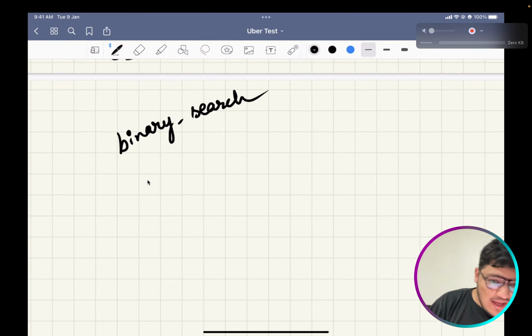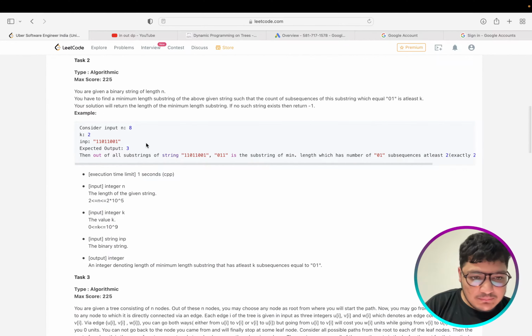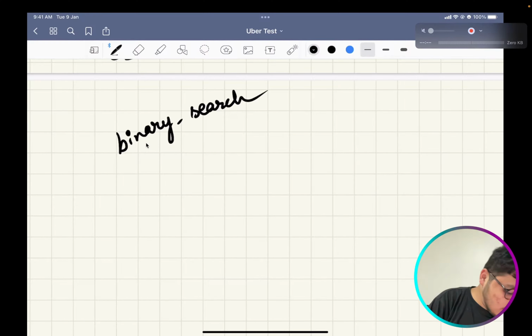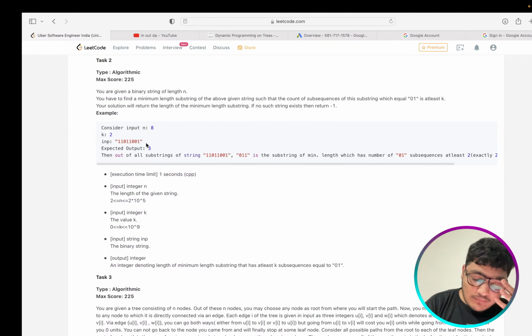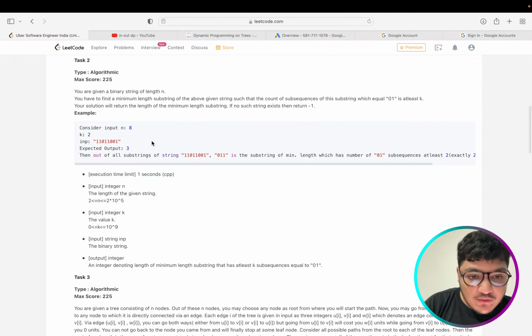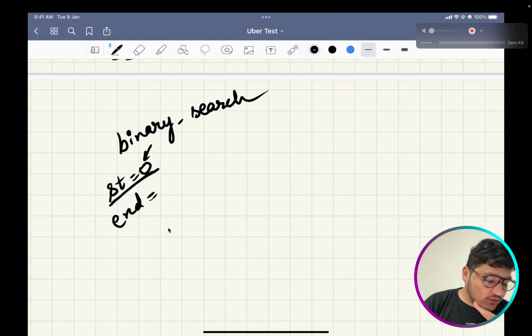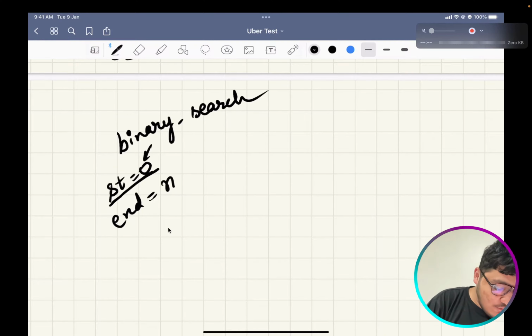So basically my start would be 0 and my end, the maximum length of the string. The minimum length of substring could be 0, because your k can also be 0, right? And your maximum could be n, if you consider the whole string.